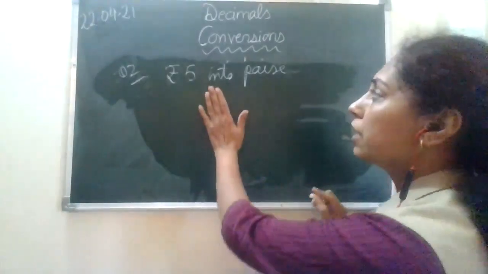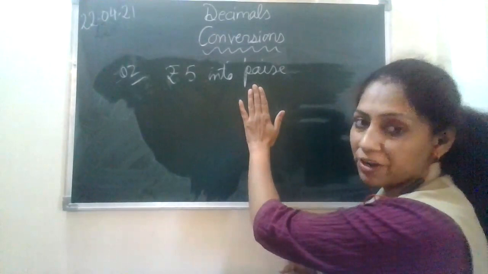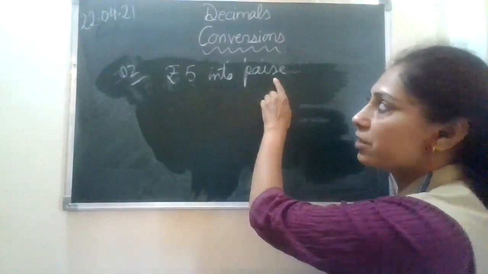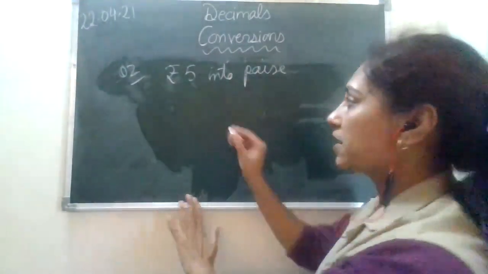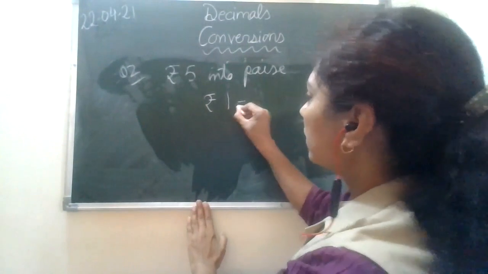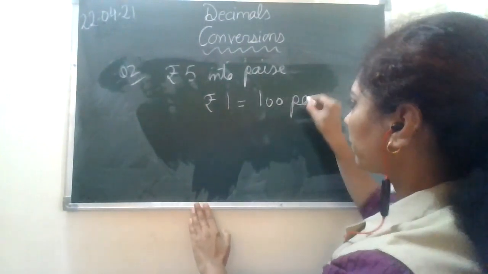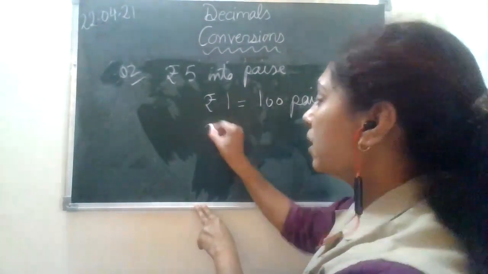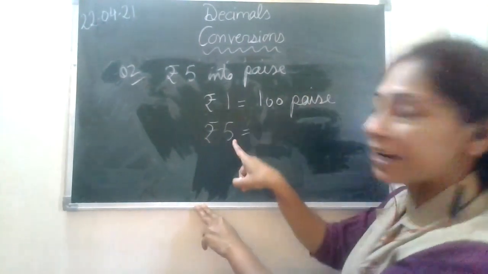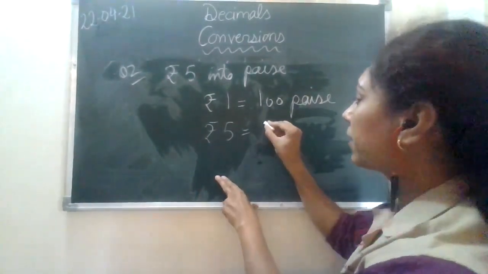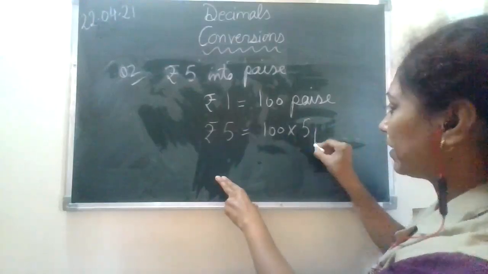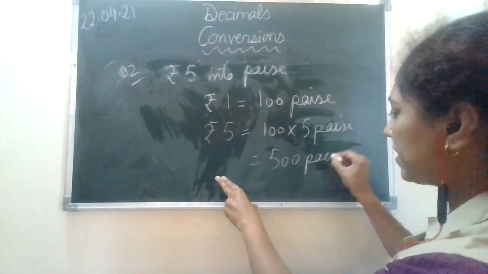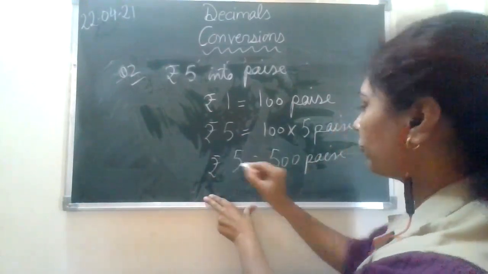Yes, look here carefully. Whatever we need to convert, we have to keep that on the right hand side. Okay, जहाँ पे हमें कन्वर्ट करना पैसे में, तो पैसे को हम राइट हैंड साइड पे लिखेंगे. कैसे? कन्वर्जन सी, ₹1 equals to 100 पैसा. फाइन. ₹1 equals to 100 पैसा. अगर 1 रुपी में 100 पैसा है, therefore ₹5, तो ये तो क्वांटिटी आपकी बड़ी आएगी. 1 से आप 5 पे जंप किया, तो आप क्या करोगे? 100 into 5 पैसा. That is, you will come out to be 500 पैसा. Right? ₹5 equals to 500 पैसा.